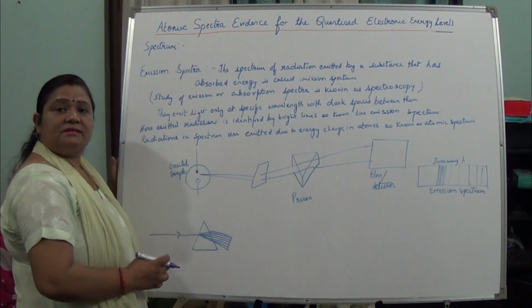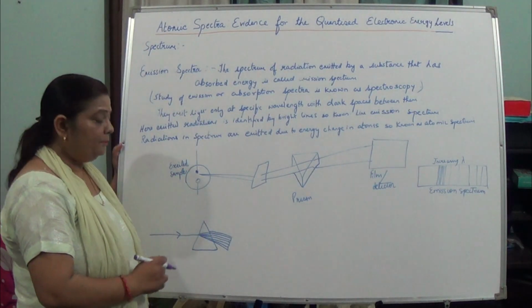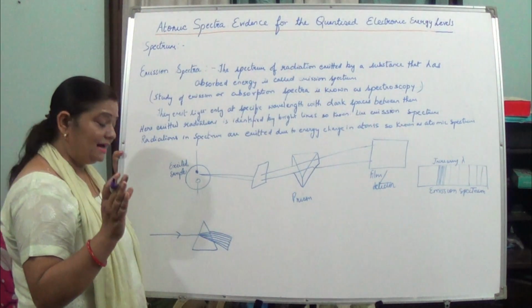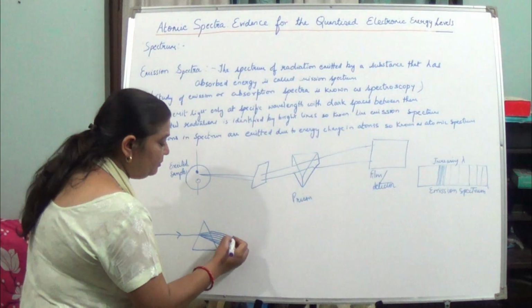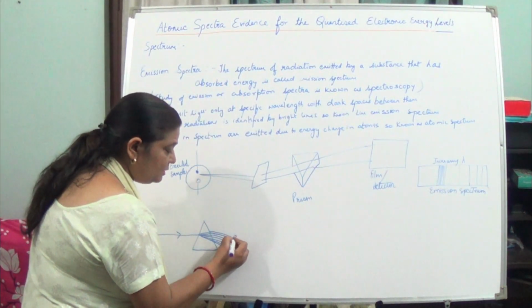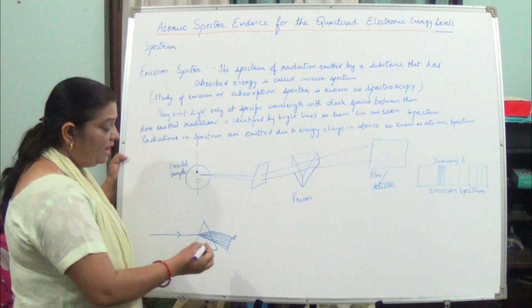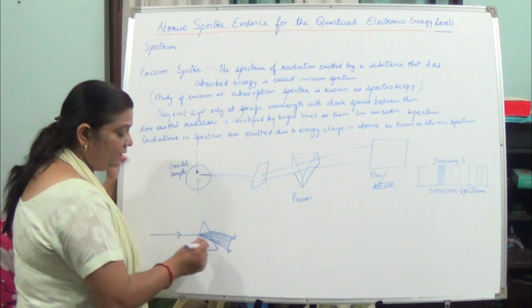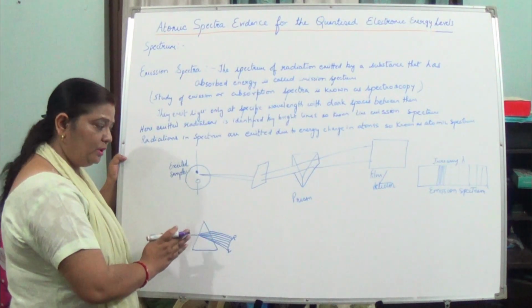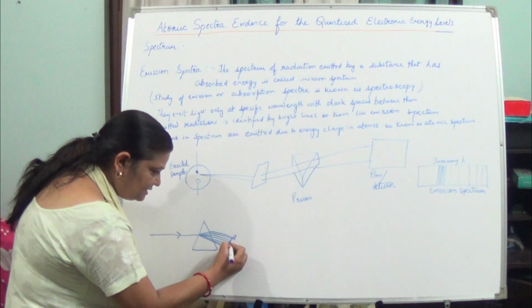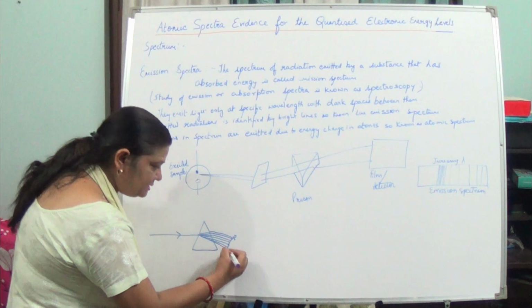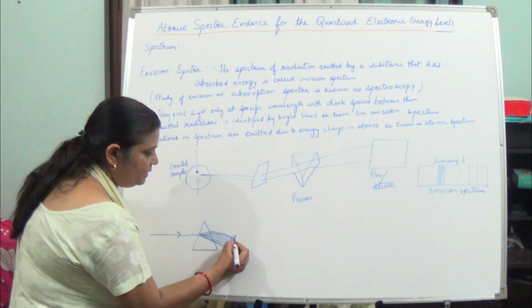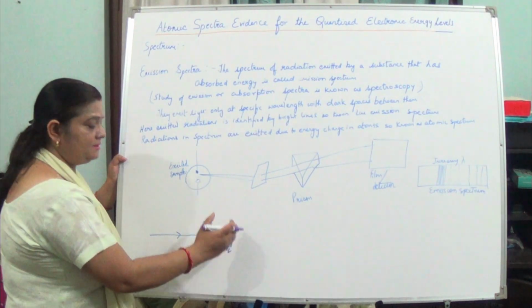The deviation is in a different manner. Why? Because of the different wavelength. Red has got the largest wavelength, so it will be deviated the least. And violet has got the least wavelength, so it will be deviated more. And here you can see these 7 colors